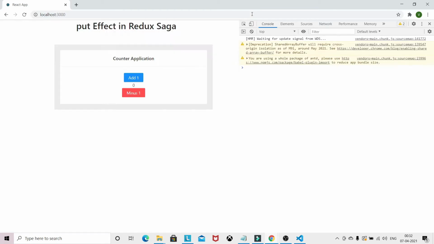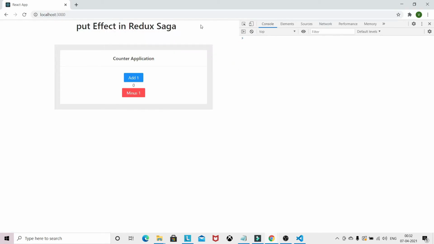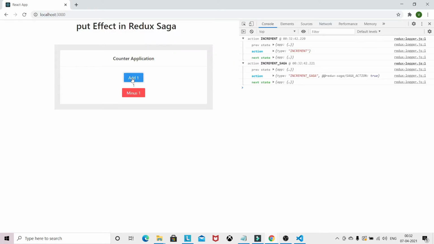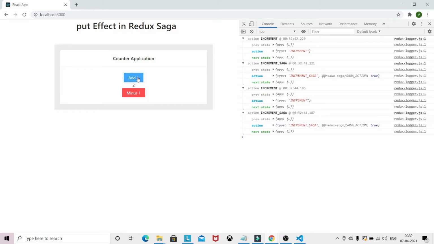I will do the refresh again. Now you can see we are able to update the counter value with the new action from our Saga. This is the way to dispatch an action from the Saga to update the reducer.